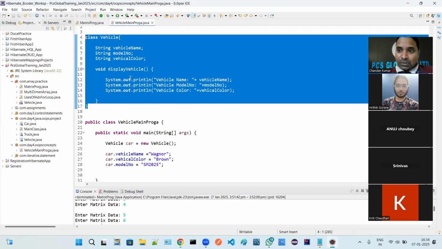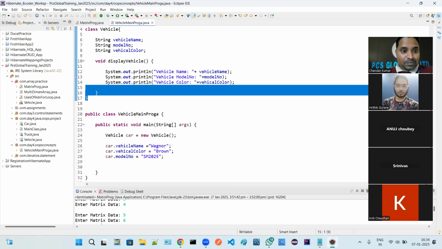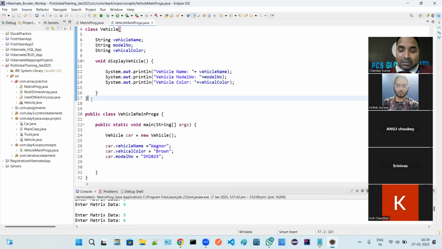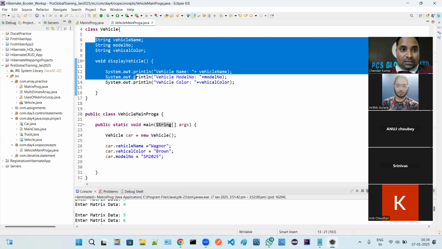It will exist in memory only when we create the object of that class.